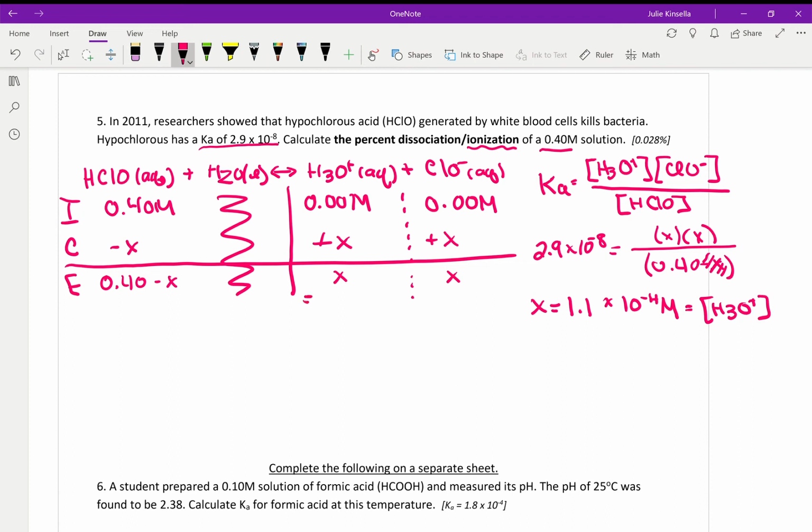So I'm going to go ahead and fill in the rest of this into the table, which again I think is just a good habit as we move forward. And then when we subtract x out from this, because of how small it is, we're going to get 0.4. All right, so that was our initial step here. Now our percent ionization